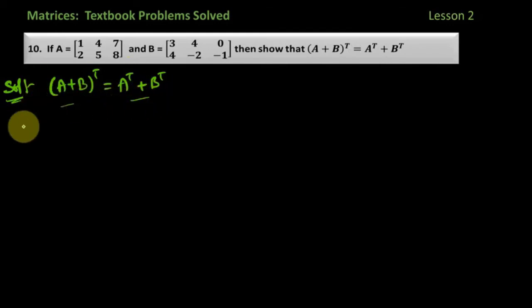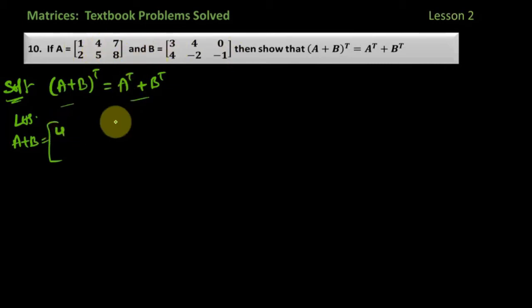Okay, so first we'll do the left hand side. What is the left hand side here first? First we'll add this A plus B. How to add? That's very simple. What is the value of A plus B? Directly I am writing here. The first element of A should be added to the first element of B. Isn't it? First of all, the orders are the same. If you observe, 2 rows, 3 columns, 2 cross 3, and the B matrix is also 2 cross 3. So we can add this. First value, 1 plus 3. How much? 1 plus 3 is 4.